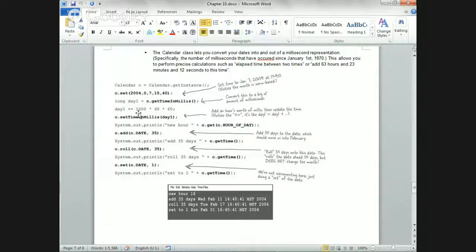Why? Because 1,000 is a millisecond. Times 60 is 1 second. Sorry, times 60 is 1 minute. Times 60 is 1 hour. How did you figure that out? I didn't figure this out, the book showed me. How did you figure out that the 1,000 is a millisecond? Why the 60 is